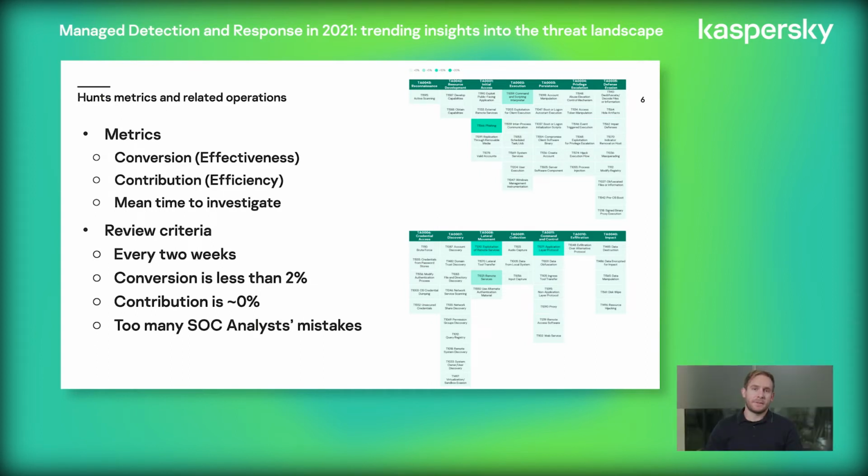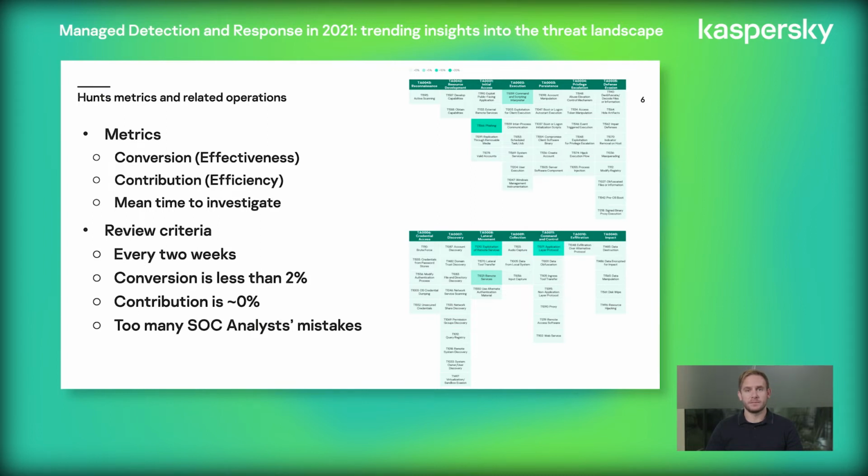And then mean time to investigate. Our Purple team is responsible for all of our hunts development, and is also part of our internal SOC, and of course, they are the last escalation line for difficult cases. Each hunt has internal documentation that analysts on the operational lines can use during an investigation. To investigate a hunt-based alert, analysts always have to search through raw data and build some kind of timeline: what happened before the hunt was triggered and what happened right after. The more data that is required, the more time it takes. Searching through docs and communications with the hunt's author, searching through raw data, it takes time,